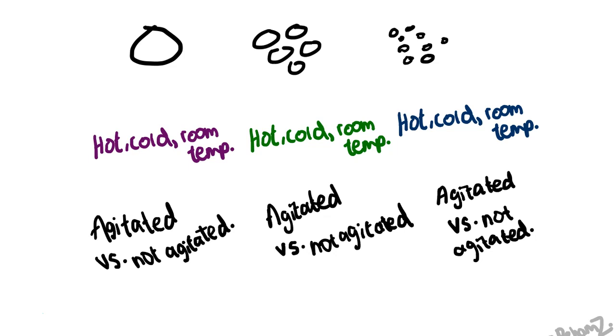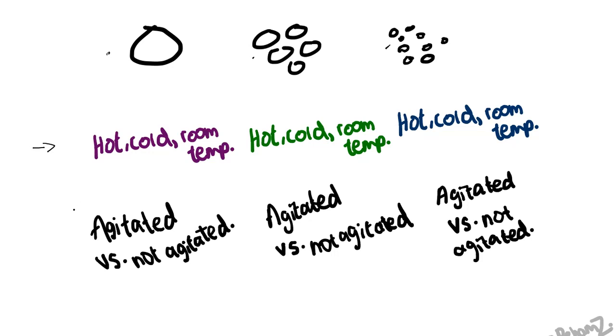So we basically have 3 different forms of salt. We have a pellet, we have coarse, and we have fine-grained. This is a pellet, this is coarse, and this is fine-grained. So if you see the difference between all of them, one is really large, and then it gets smaller and smaller as you go. So it's asking us to put each of them in different temperatures each, hot, cold, and